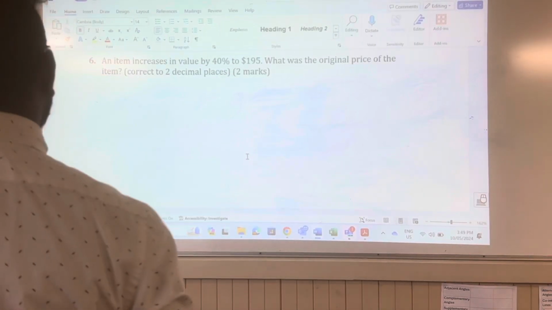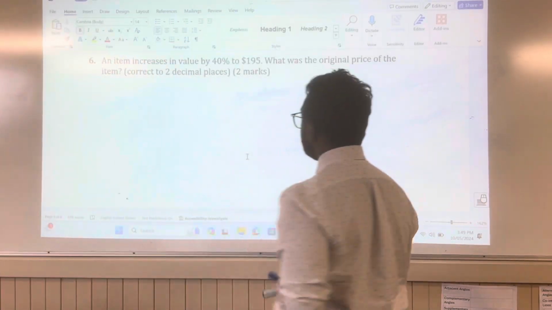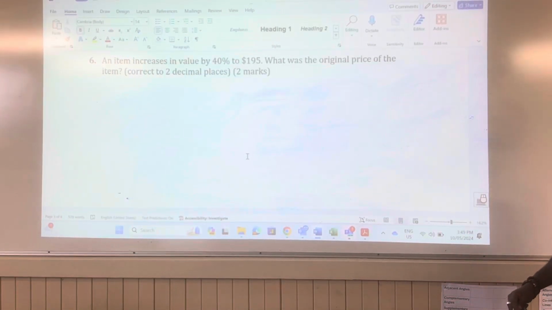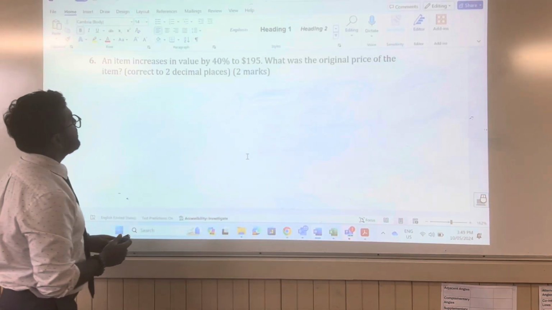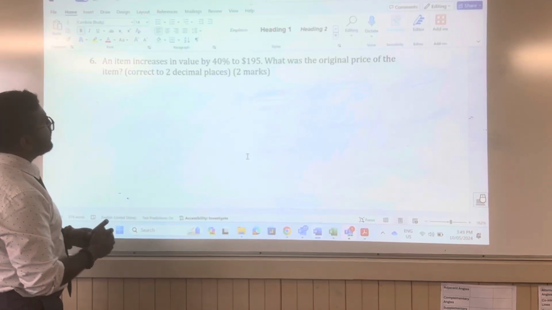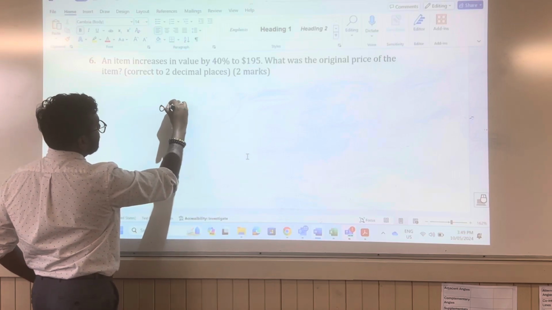So this next question says an item increases in value by 40% to $195. What was the original price of the item? Correct to 2 decimal places. So it says an item increases in value by 40%. So the original,